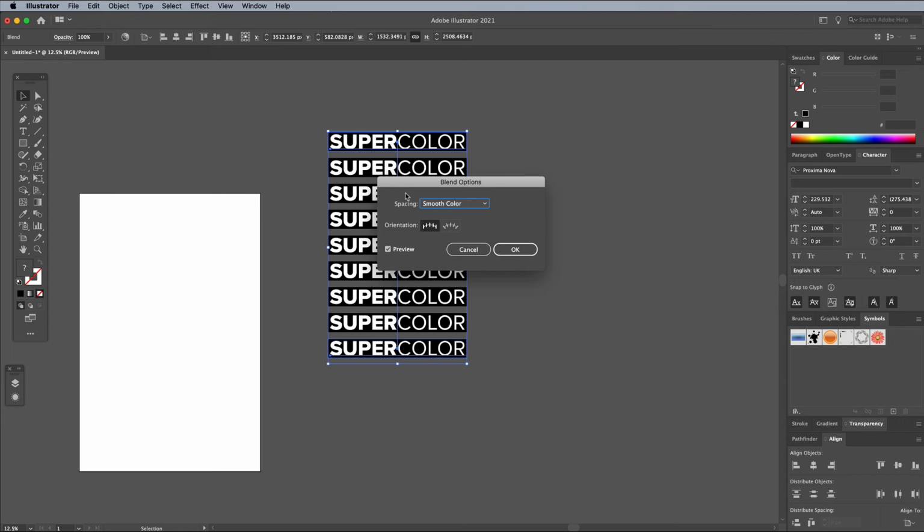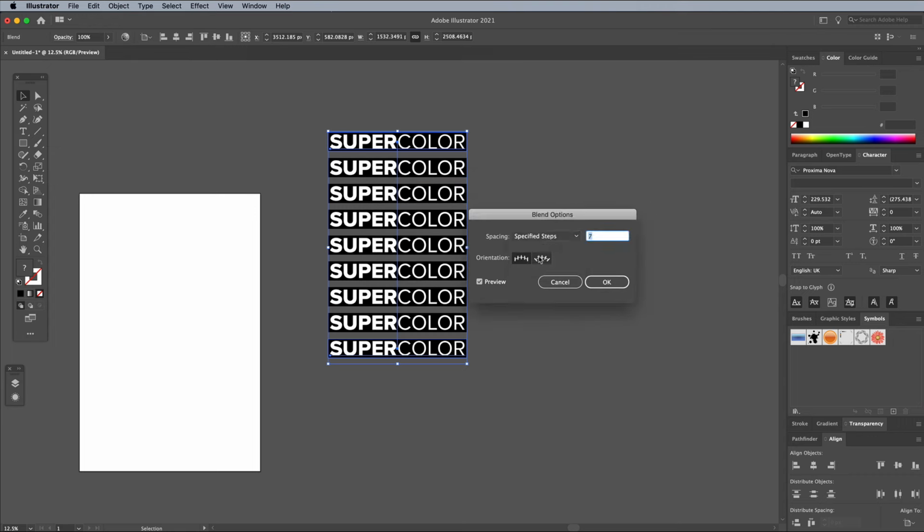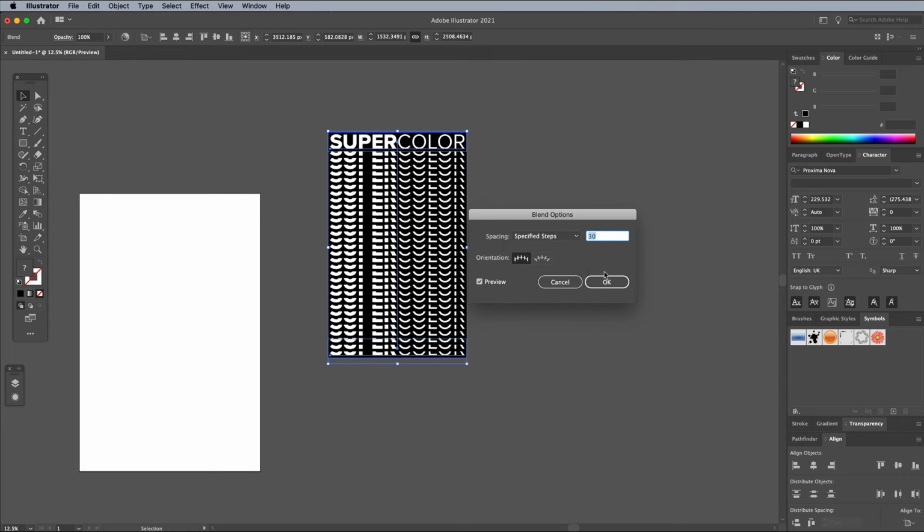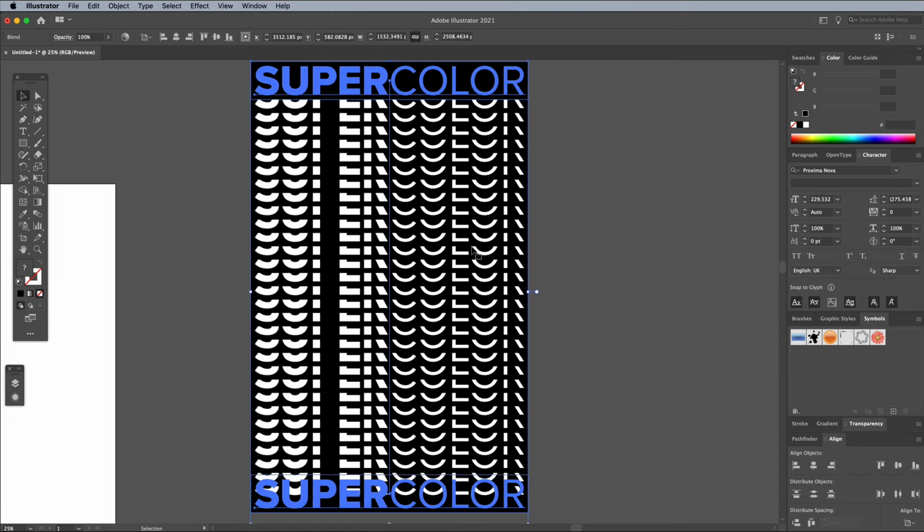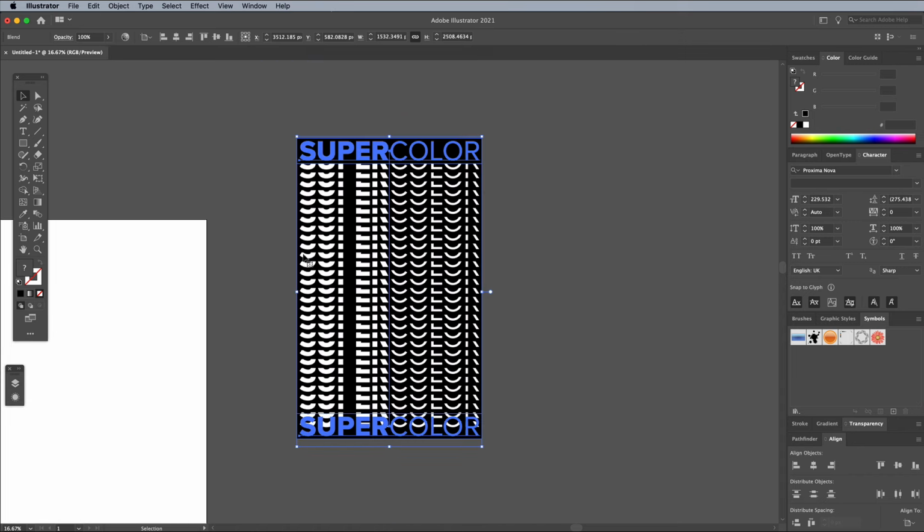Choose specified steps and set the value to something high like 20 or 30. You'll see how the black rectangle helps to generate a gap between each line of text, rather than have them completely overlap. To create the easing effect where the words get closer together towards the end of the blend, find